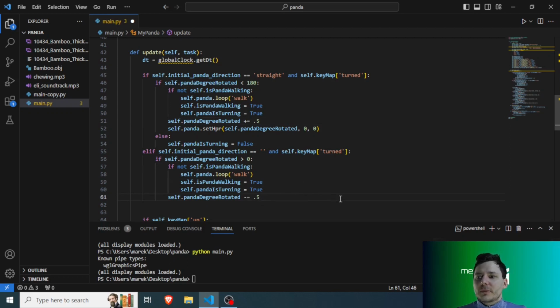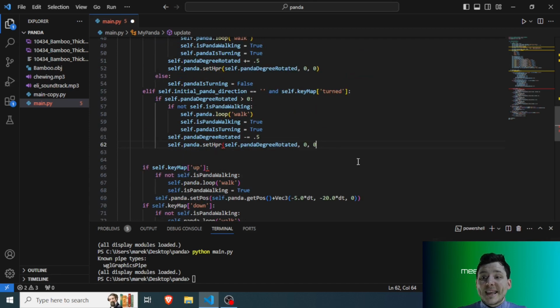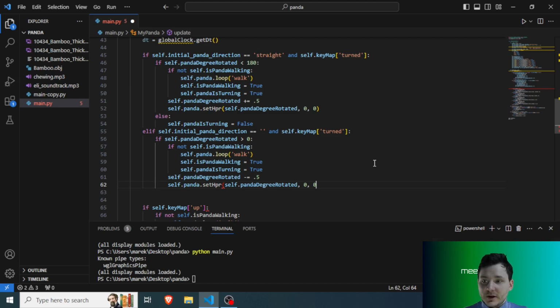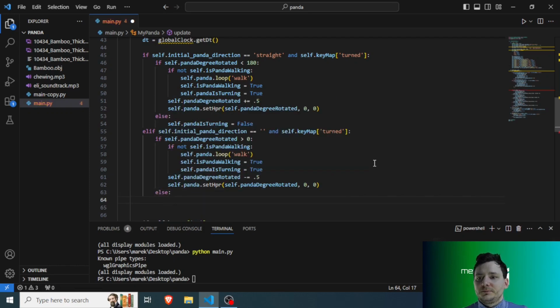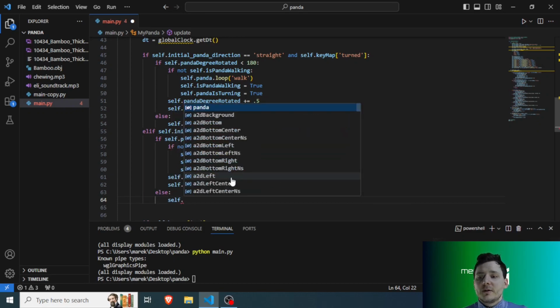Okay, now what I need to do is pretty much the same thing as here. I might as well just copy paste it over here, and again I need to check. Okay, I'm missing parentheses here. I need to check if Panda stop turning. Yep. Otherwise, if it's 0, because now we are checking if it's greater than 0, and while it's greater than 0, it will keep rotating Panda, and when it's finally 0, I want to stop Panda from walking. Stop self